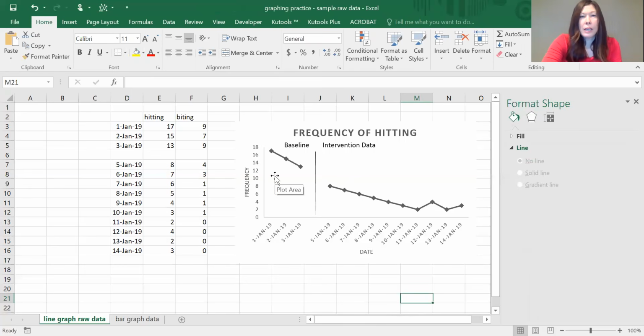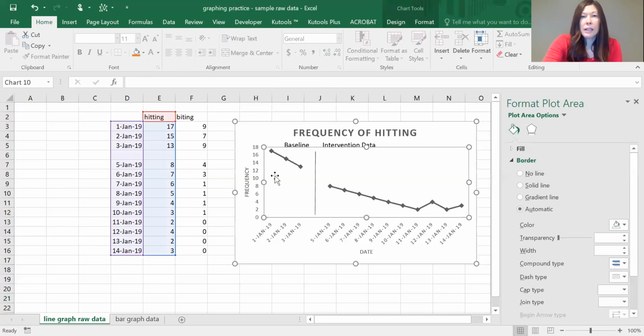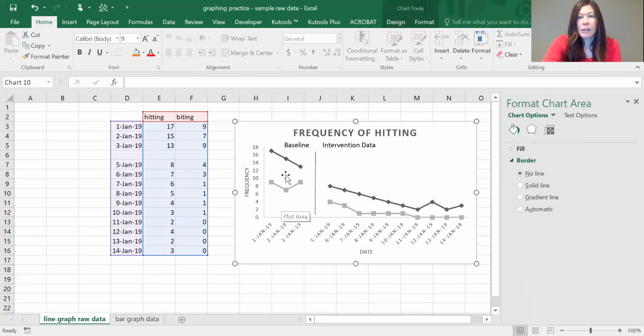If I now want to go in and add my second column, my second behavior in there, if I click on the graph, it's going to highlight the areas that are in the graph right now. All I need to do is go over and drag that to include the extra column, and it's automatically going to populate that second data line there. As I'm looking at it, it doesn't tell me right now what each of those things are. So in order to do that, sorry, I have to move my picture of myself here.